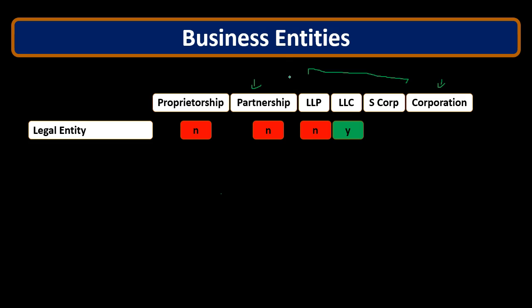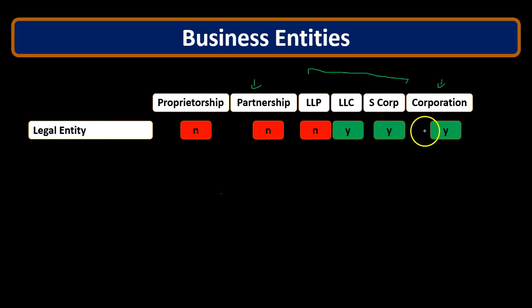One major one being that it remains a flow-through entity and therefore is taxed only one time at the individual level rather than at the business level and then at the individual level. So those are trying to meet in the middle. Then we have the S corporation also doing the same thing, trying to mix the partnership and the corporation characteristics, leaning a bit more toward the corporation, but still trying to get the benefits of being a separate legal entity, the main one being that we have liability protection, as well as having some of the benefits of a partnership, the main one being that we have a flow-through entity and therefore reduce or eliminate the double taxation.